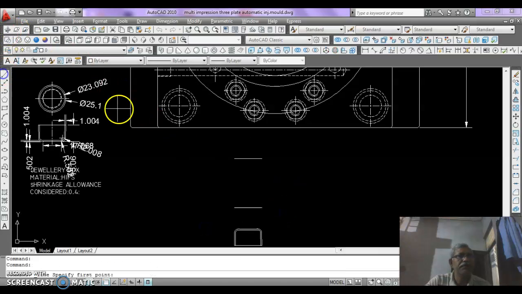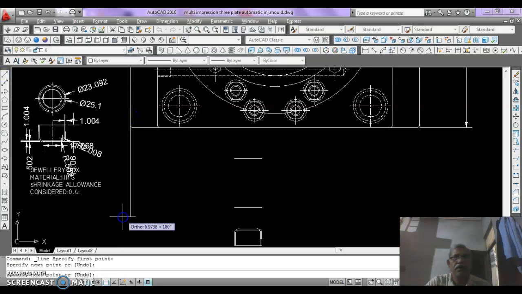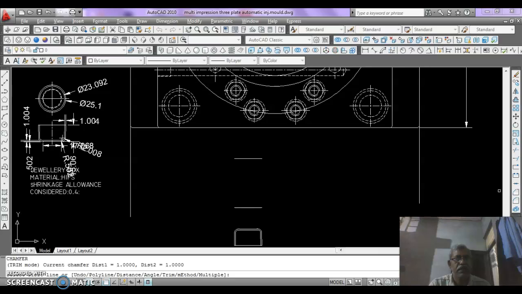Then draw a line here and here, then CH enter,